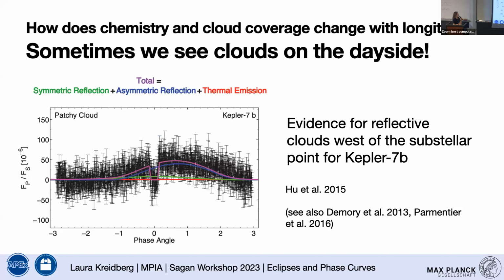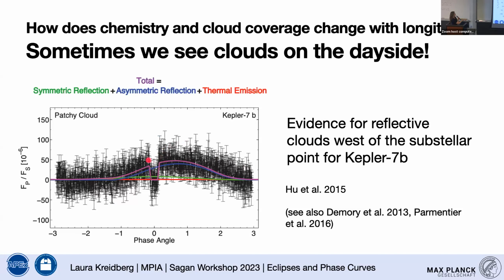A little bit more about clouds. I'm really not spending much time talking about reflected light, but we can also learn a lot about the planets from reflected light eclipses and phase curves. And here's a really nice result from the Kepler mission for a hot Jupiter, Kepler 7b. This is work from Renu,